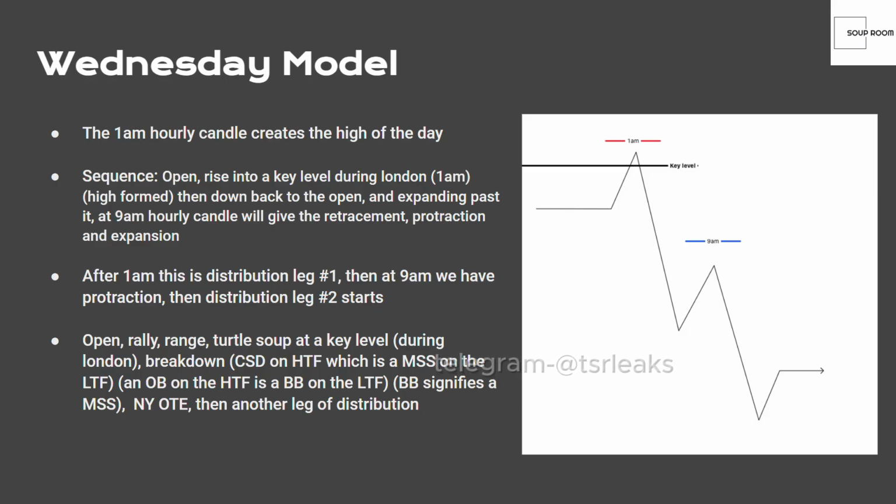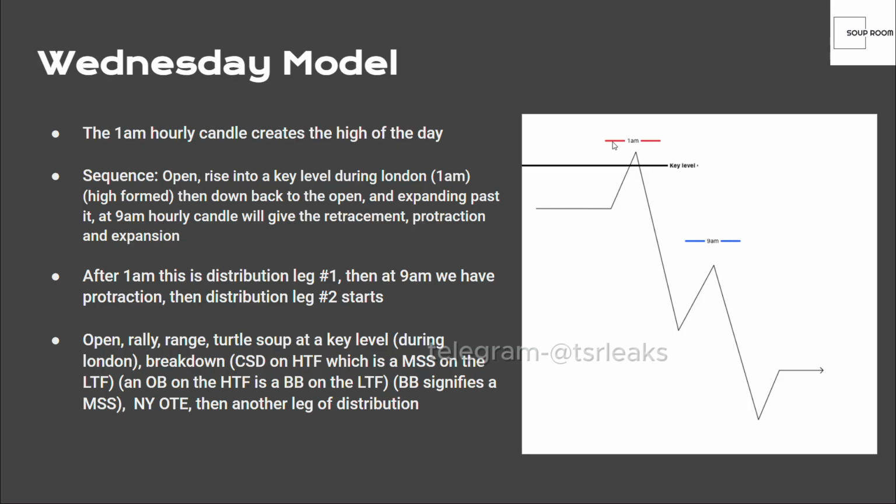The 1 a.m. hourly candle creates the high of day. This is all taking place on Wednesday. Let's say, for example, Tuesday has swept Monday's high. Wednesday's opening price will cause price to go into a range, turtle soup a 15-minute range, hitting a key level at 1 a.m. and then expanding lower. The sequence here: